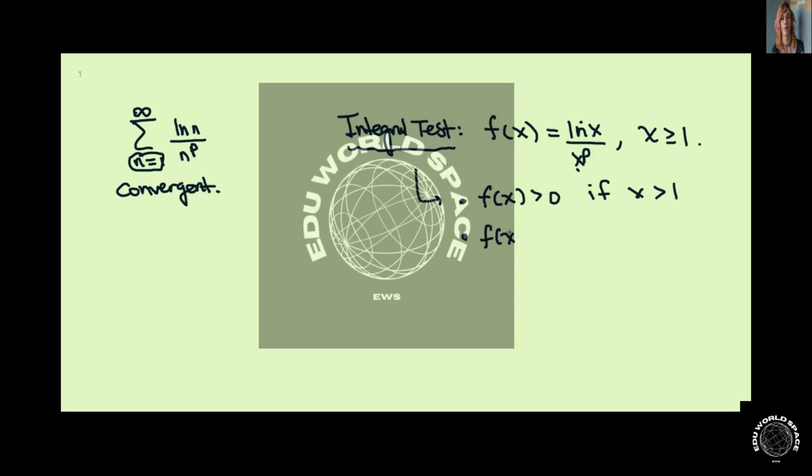Further, we need that f of x is monotone decreasing. And perhaps the easiest way to show this is to just compute the derivative of f and show that it's negative. So here you would just use the quotient rule and then show that it's negative if x is larger than 1. And if you have to apply a bound on p, that's fine too, but you shouldn't have to here. Okay,